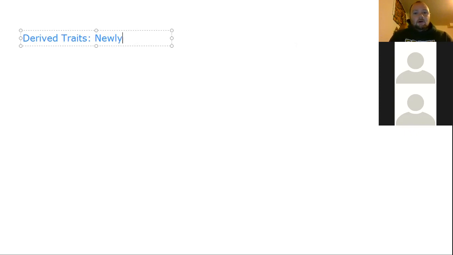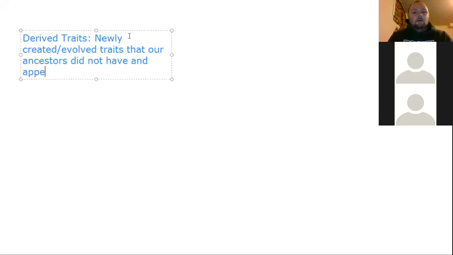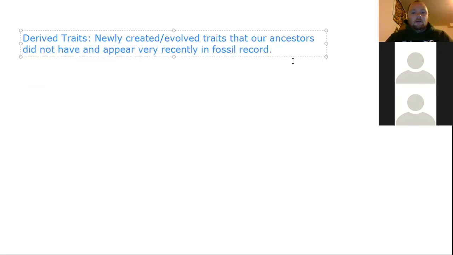these are newly created or evolved traits that our ancestors did not have and appear very recently in the fossil record. Okay, so these derived traits, these are the new traits that have been created pretty recently, all right? And so things like these that we didn't used to see before, derived traits are going to be things like, so an example,